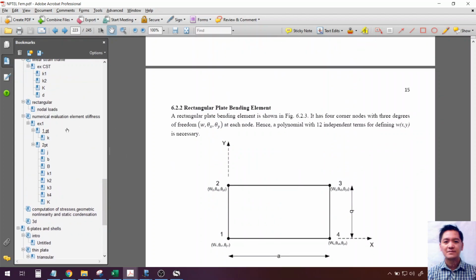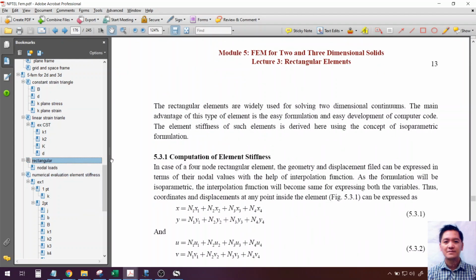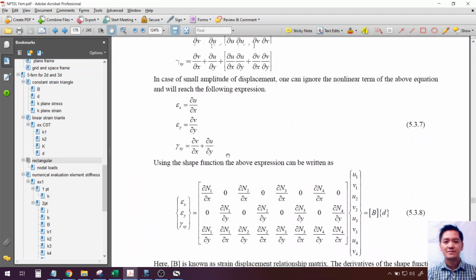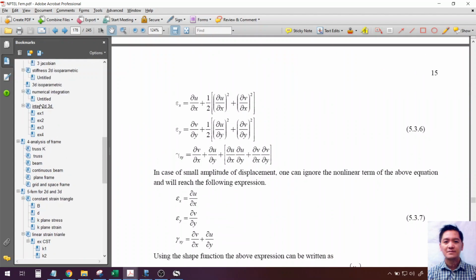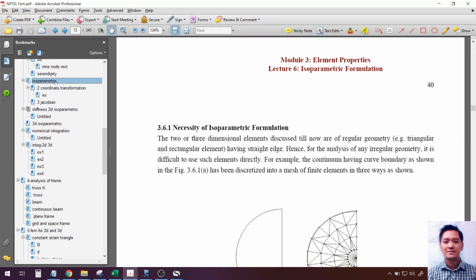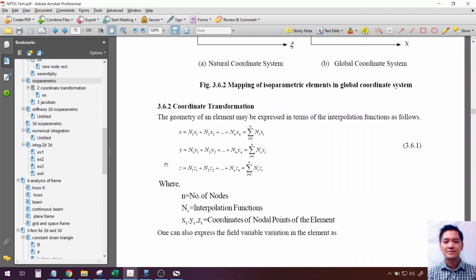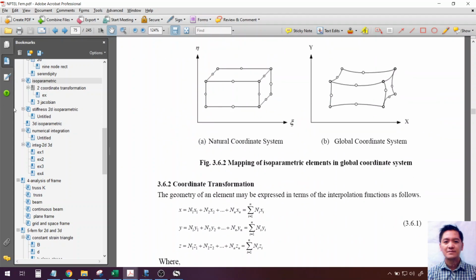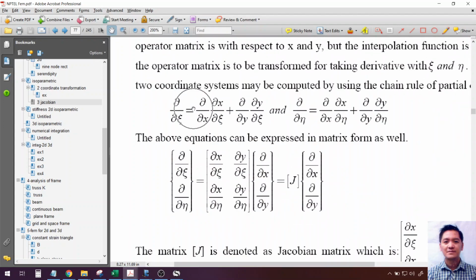Rectangular, okay. According to our chain rule of partial differentiation,